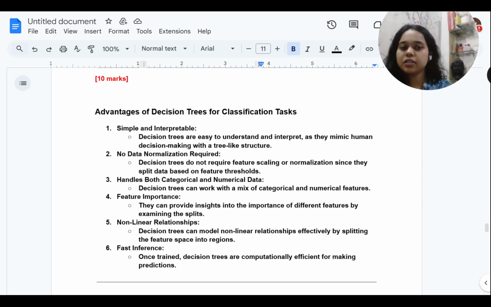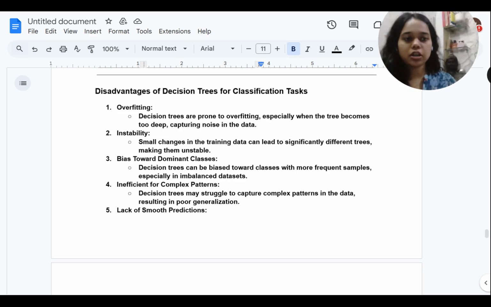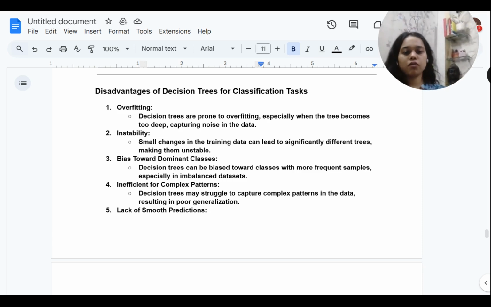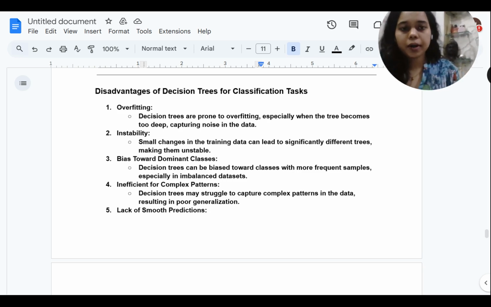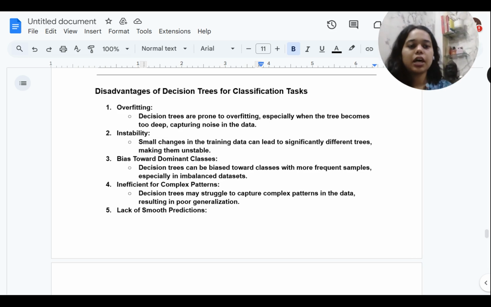Now, what are the disadvantages of it? So, firstly, overfitting. Decision trees are prone to overfitting, especially if they are allowed to grow deep. In such cases, what happens is that they capture not only the underlying patterns but also the noise fluctuations in the training data, which leads